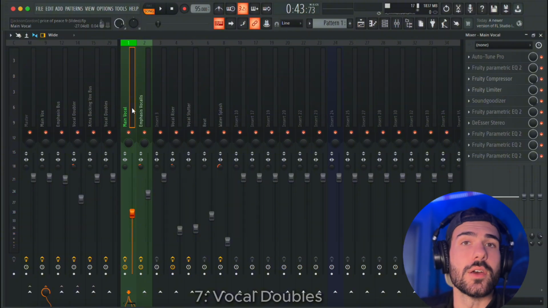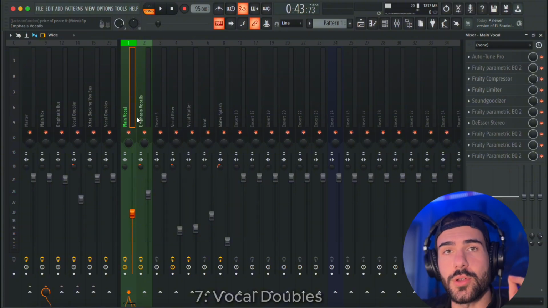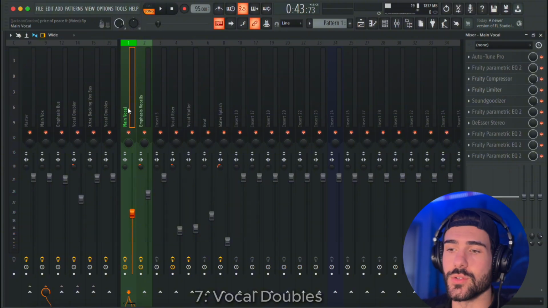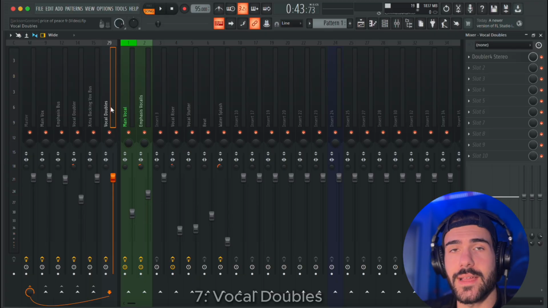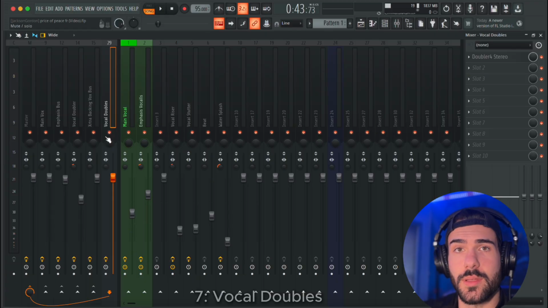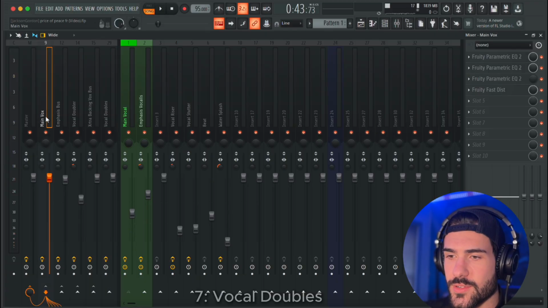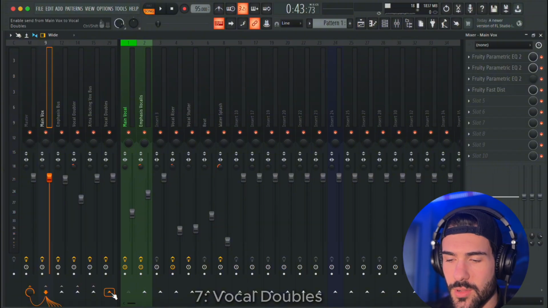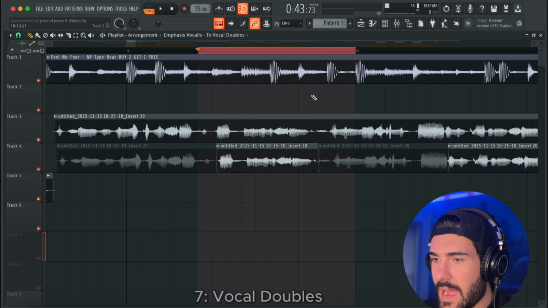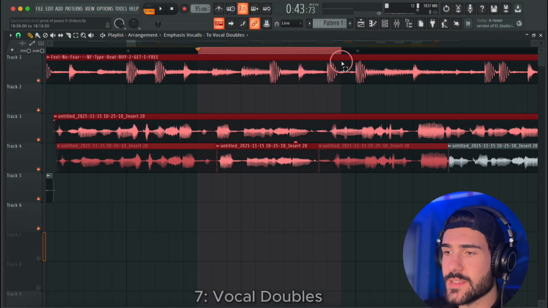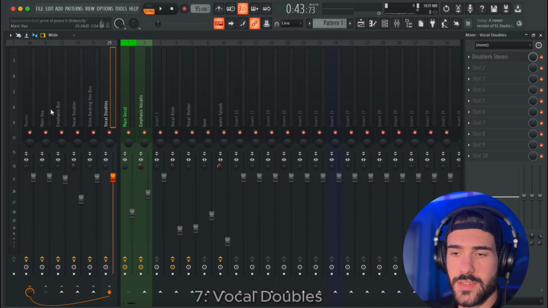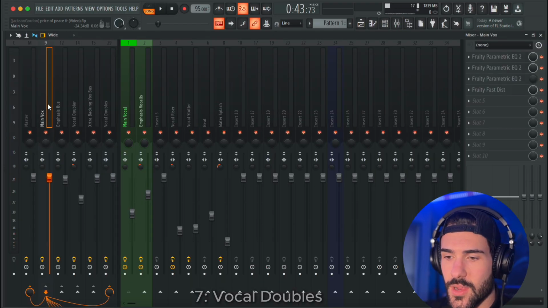Now you don't even need a new mixer track for your vocals. You can route your main vocal bus directly into this vocal doubler mixer track in order to create this vocal doubling effect. I go to my main vocal mixer track and I route it into the vocal doubler, just like that. I highlight where I want the vocal doubler to be present, go back to my mixer track, my main vocal bus,